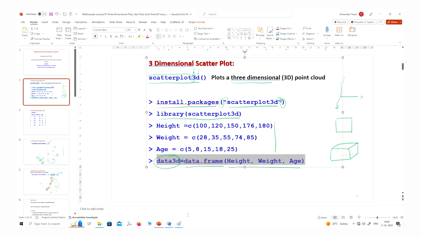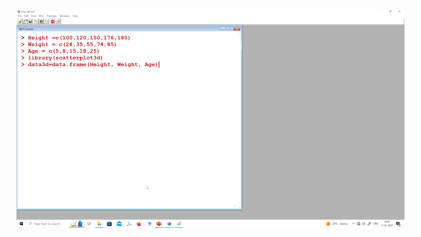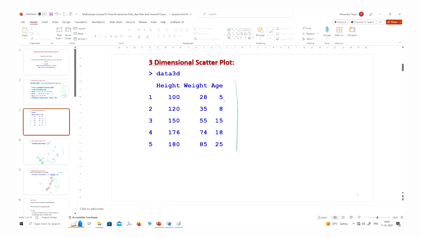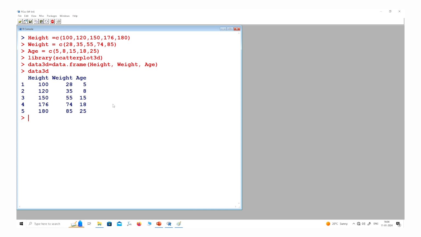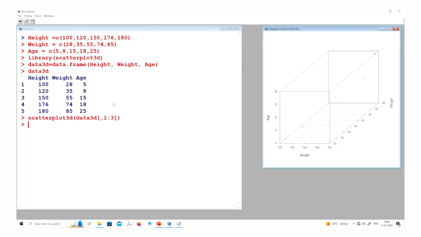If you create it here, it will look like data 3D, right? And now in case you make this command, I can share with you that I had already installed this package scatterplot3d on my computer. That is why I am only using the command library, right? So you can see this type of command is coming here.